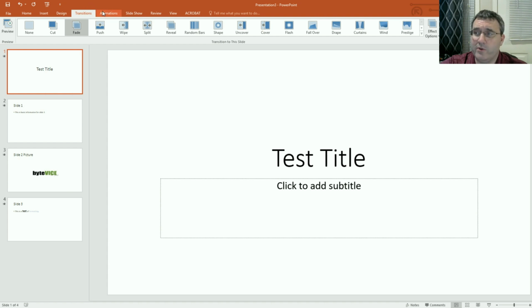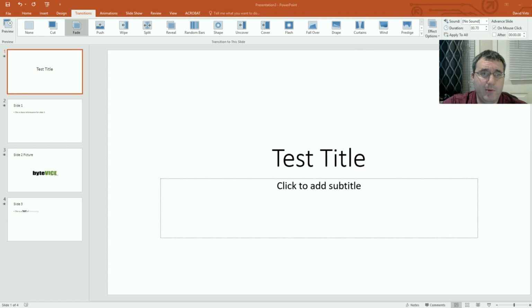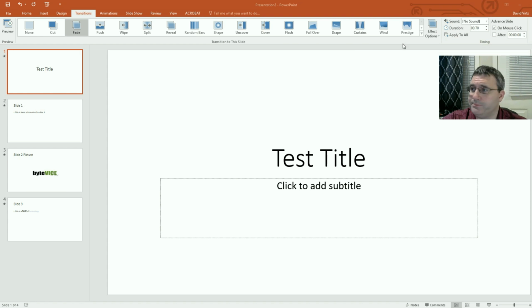on your transition screen in the upper right hand corner you have where you can add sounds, duration, advance slide, on mouse click, and time. And I'm going to move my little picture down so you can see that. So I want to show you something, because what you can actually do here is you can say,